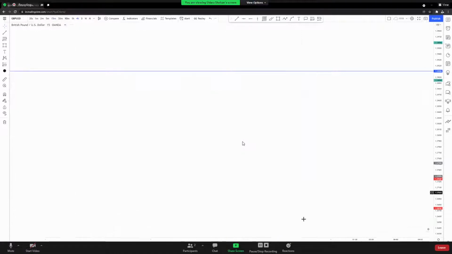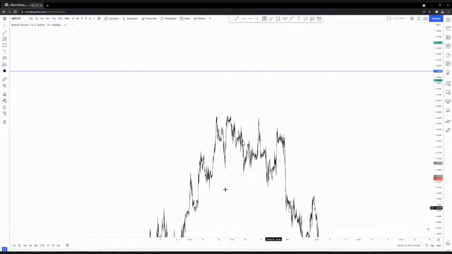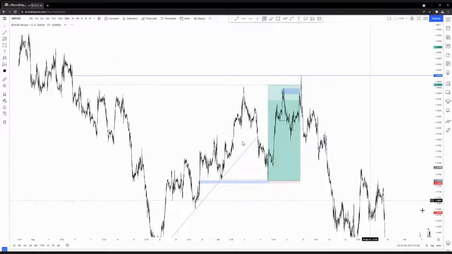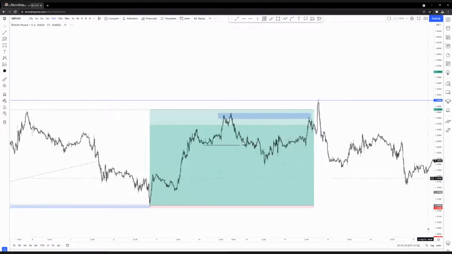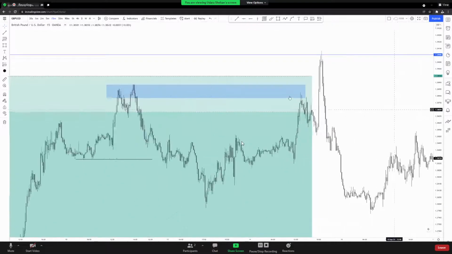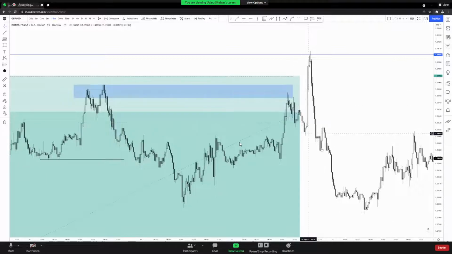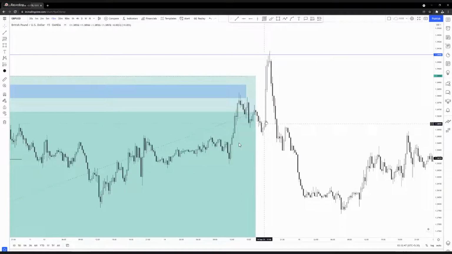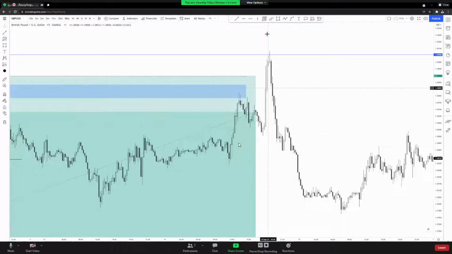If you go to a lower time frame, look at the reaction they gave. Look at that reaction when price tapped into these areas. Look at the reaction. Why? Inducements. See, like a 30 pip reaction, and then what happened? Straight through it. Tapped into this, and then it dropped.